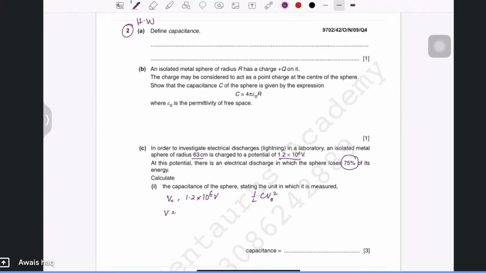but it says stating the capacitance. Why would you want capacitance when you have the formula above? You have to calculate the capacitance, stating the units in which it is measured. But I don't think why they have to do this to us. It's okay. All right, so